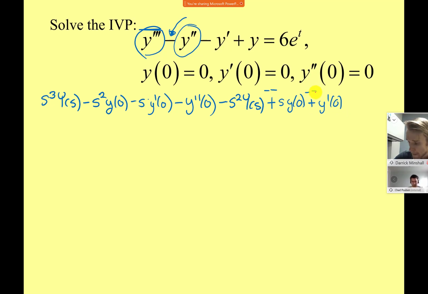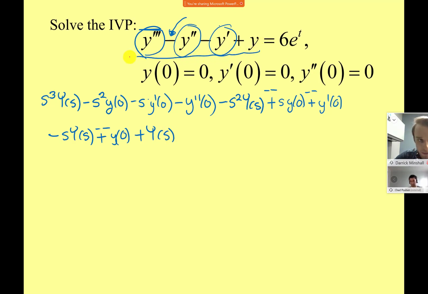Okay, now I'm going to have to put this on the second row. I've only done the first two. So now I've got minus y prime, so that's going to be minus s y of s, and then minus y of 0, but again, because it was a minus, I need to make that a plus. It's another minus a minus. And then finally on the end is the Laplace transform of y. So that's the whole left-hand side in a row and a half there, equals 6 over s minus 1,